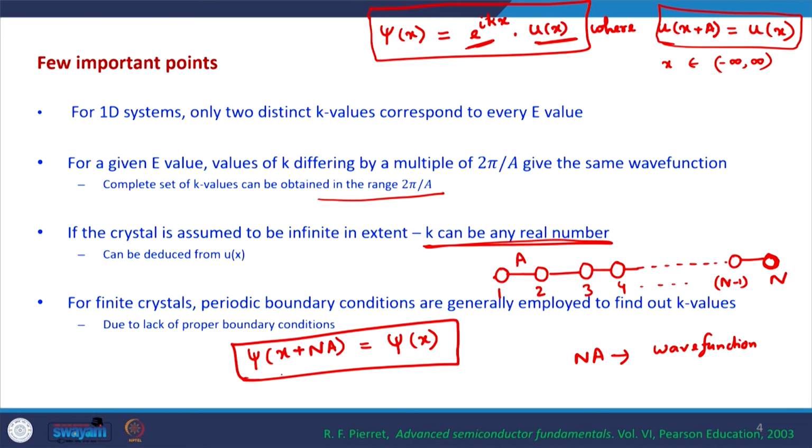So, this is the periodic boundary conditions, and for all practical purposes it gives good results. By results I mean the valid k values. So, if we do a slight analysis here, what this implies is, from the statement of Bloch's theorem, we can say psi(x + Na) would be